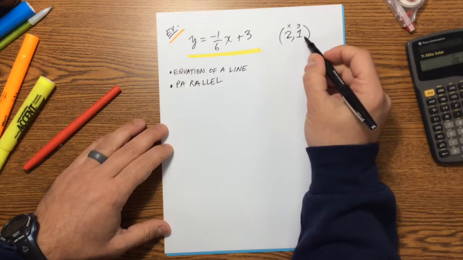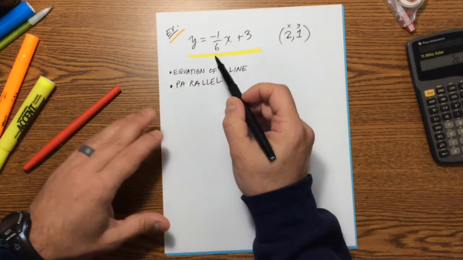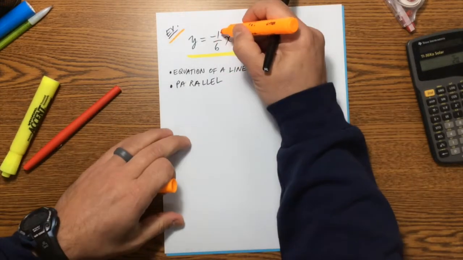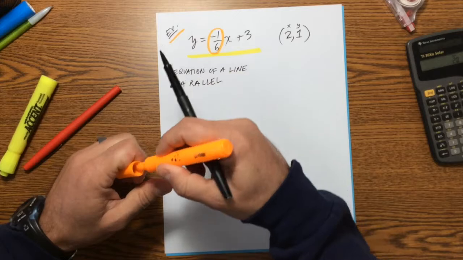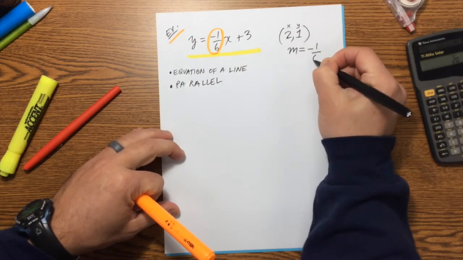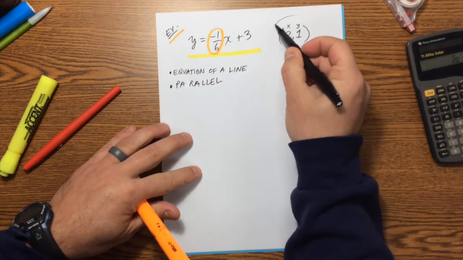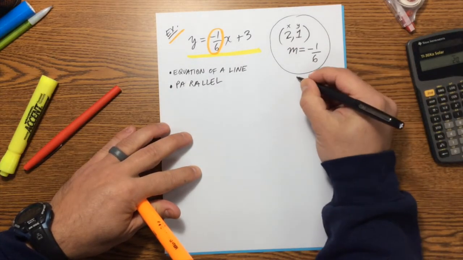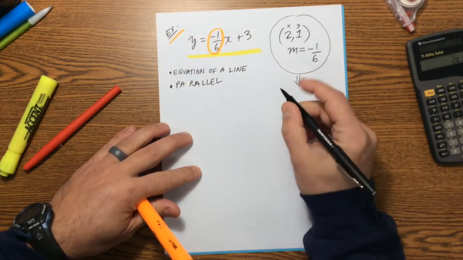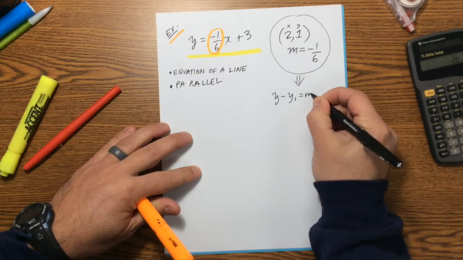First thing I need to determine is what the slope of this line is going to be. Well, if it's parallel, doesn't the slope have to be the exact same? So I know that for this line, the slope is also going to be -1/6. So I'm going to take this information here, and I'm going to plug it in to this particular formula. It should look pretty familiar,